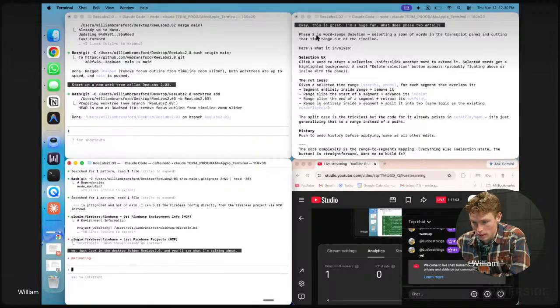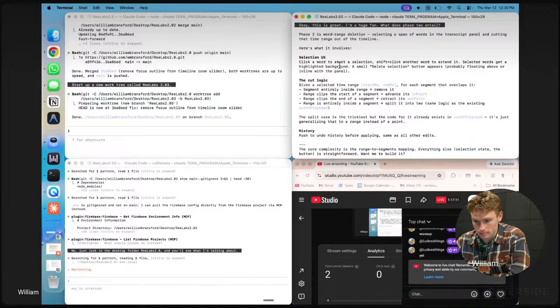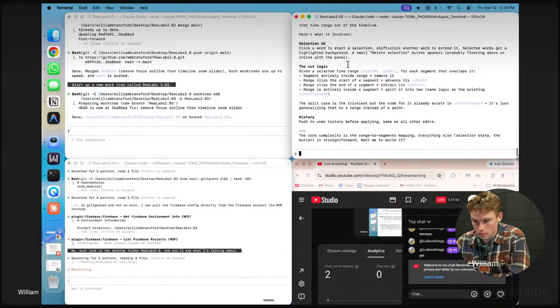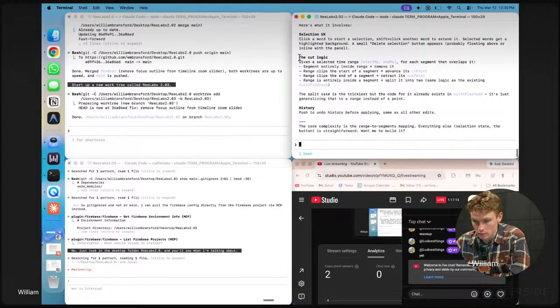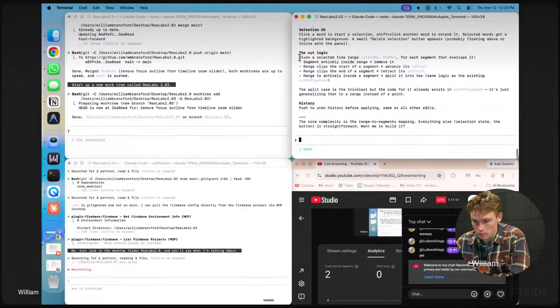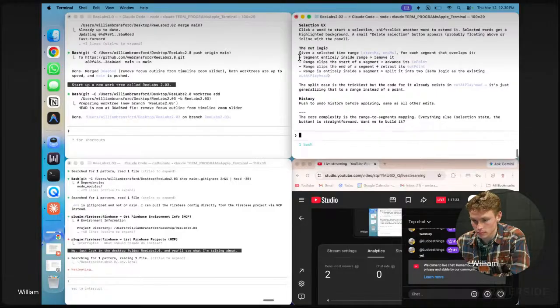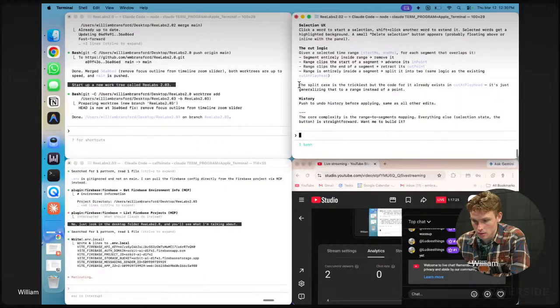All right. Phase 2 is a word range deletion, selecting a span of words in the transcript panel and cutting that time range out of the timeline. Seems pretty intuitive. Okay, this